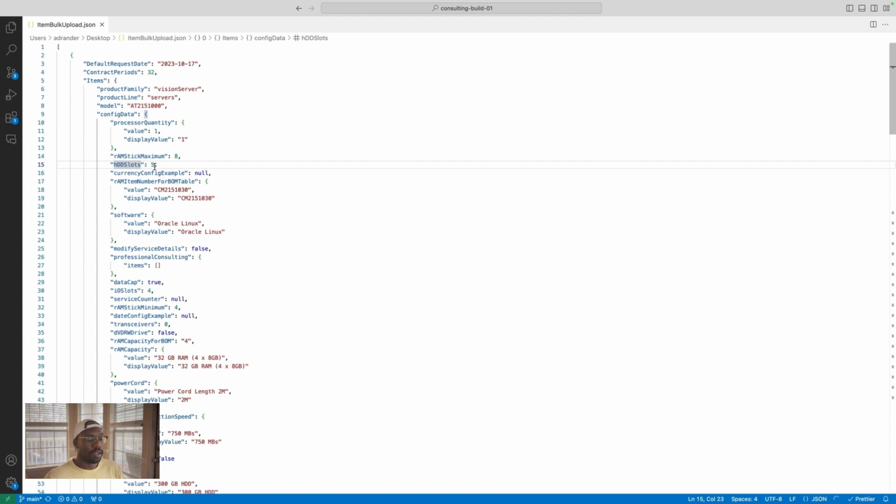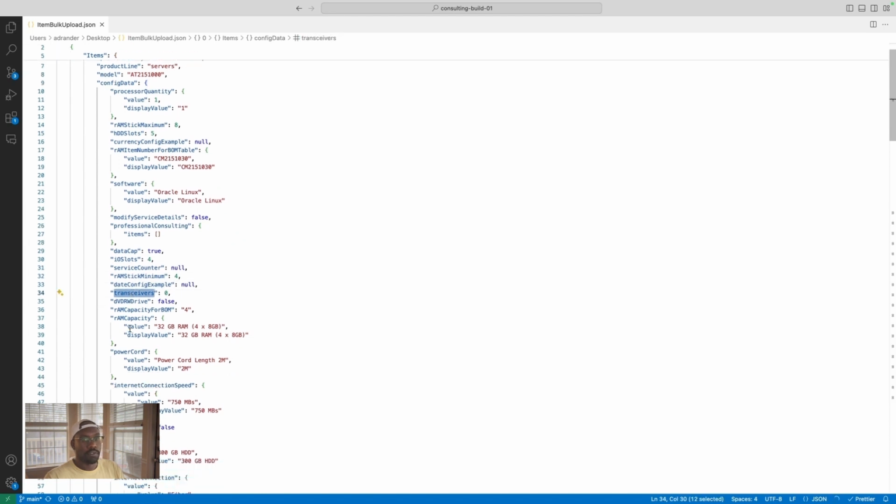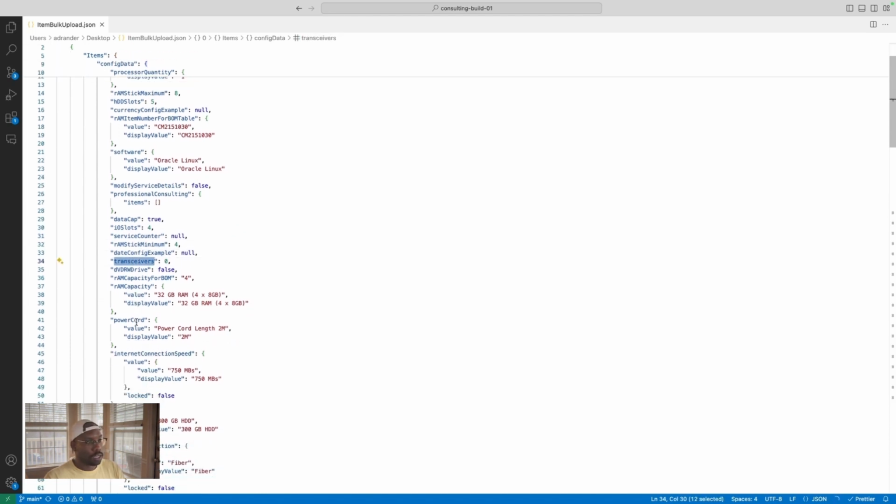So in runtime, as a user, you log in or you come into a configuration instance, and then you can select things, right? This way, we're doing the same thing, but we're just doing it through an API. Because these values here, these keys, these are the variable names of configuration attributes. So, for example, if I take internet speed,